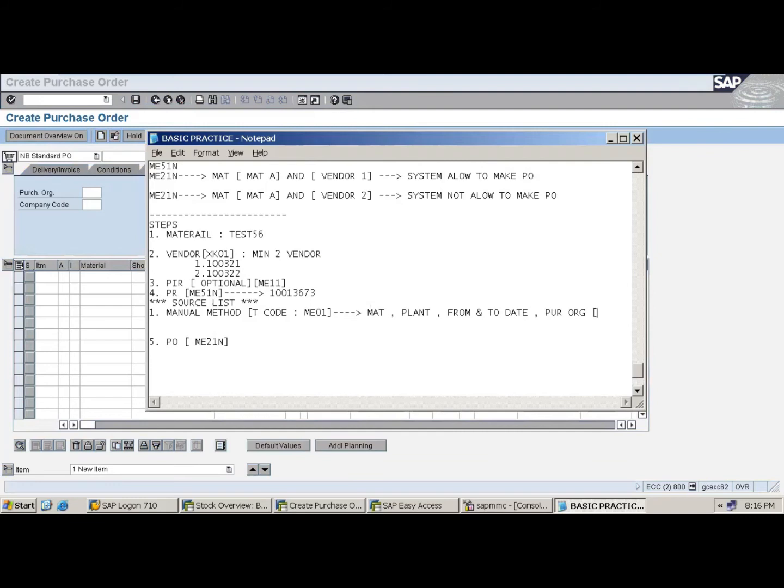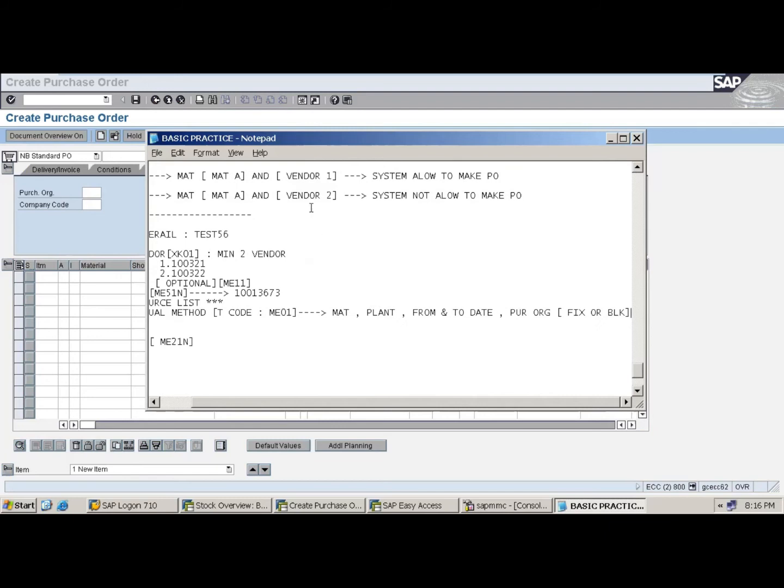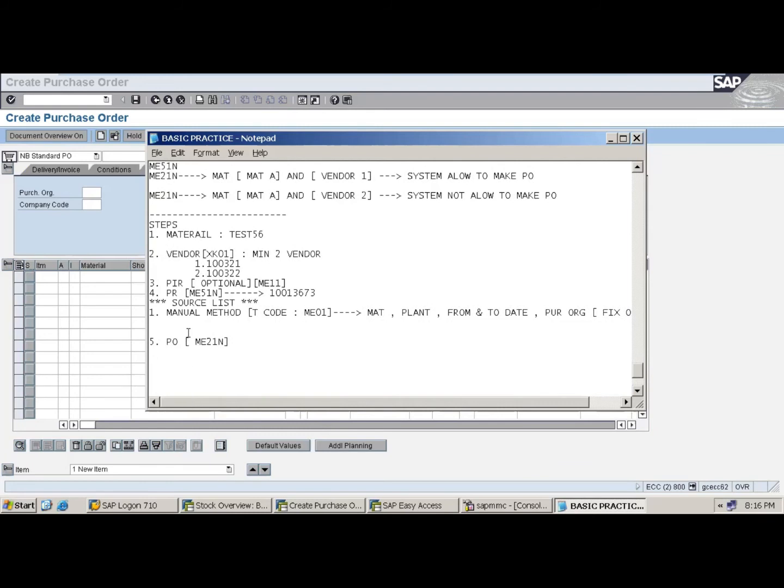And you can select either fix or BLK block, whatever you want. But I want to check whether it's working or not, right? So how to check? Go for creating the PO, select the second vendor for this material. The system should not allow creating the PO, then only it is correct.